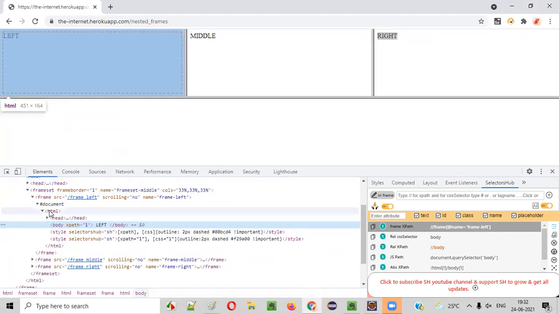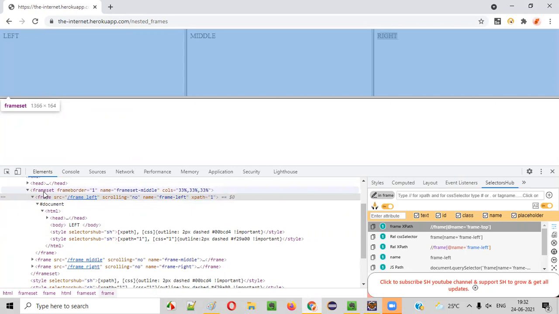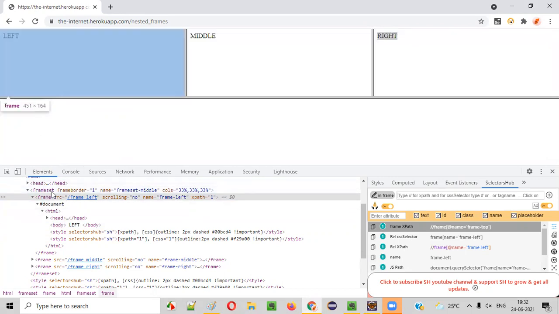So let's go to the top, parent. You see there is a frame here, either frame or iframe, whatever, that is a frame. Okay, this is a frame, guys. Don't worry about frameset. Ignore the frameset. When you are working with frames, ignore the frameset. It's not required. Only worry about the frames. So the frame is there, and it has some name attribute value.